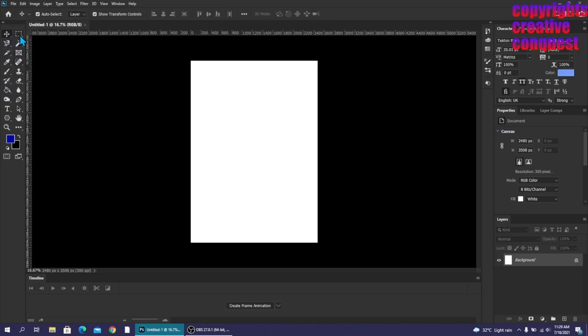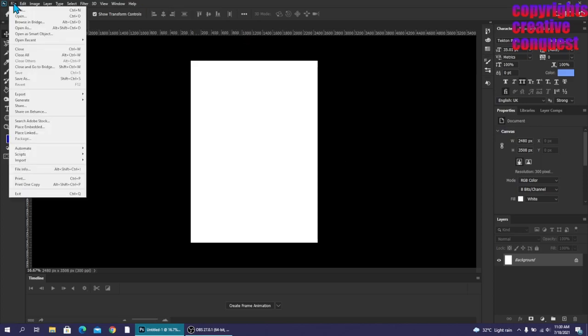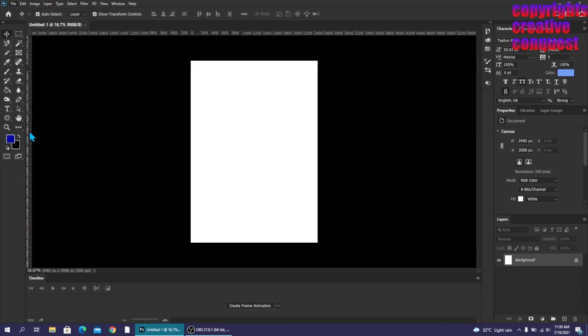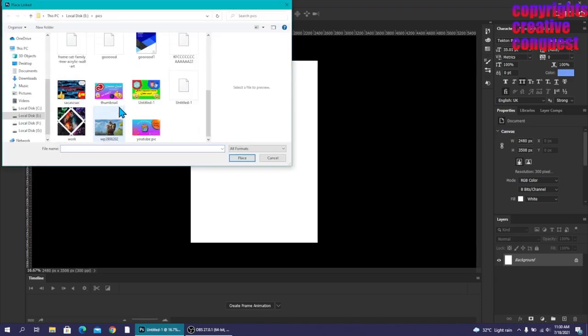Today I will be telling you how you can import images into your Photoshop document, make a selection from the images, and delete some selection. First, let's start off with importing images. I will discuss two ways of importing images. The first way is going to File, then Place Linked, and placing any image you want.